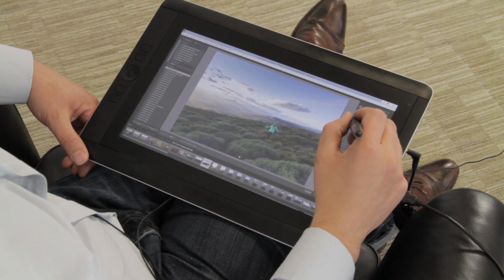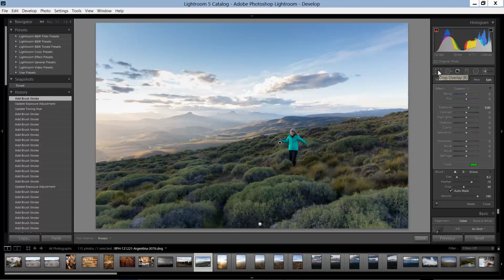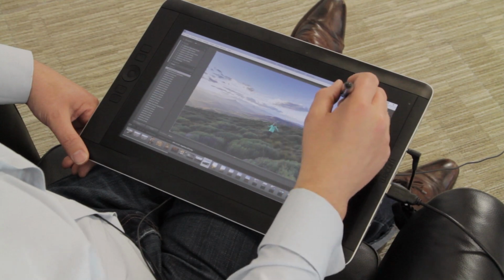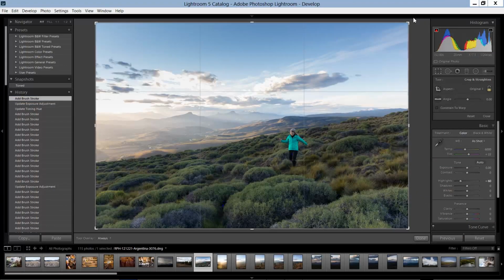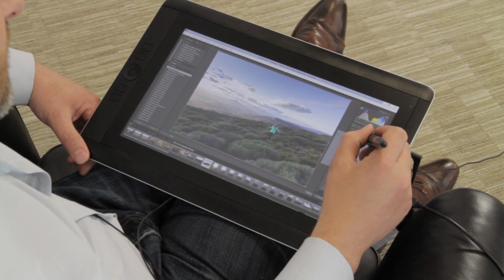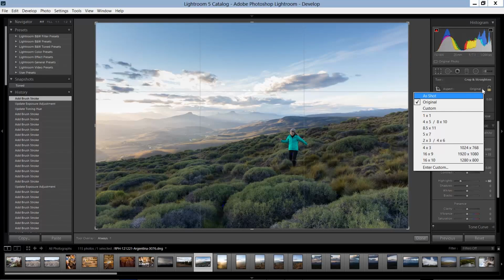Now the other thing I may want to do is to crop this picture. So the crop is on the left of the adjustment panel, and I'm just going to press the crop key now. And crop will put edge borders around the picture. The aspect ratio is defined under the little combo box flyout menu, and I can choose there an aspect ratio